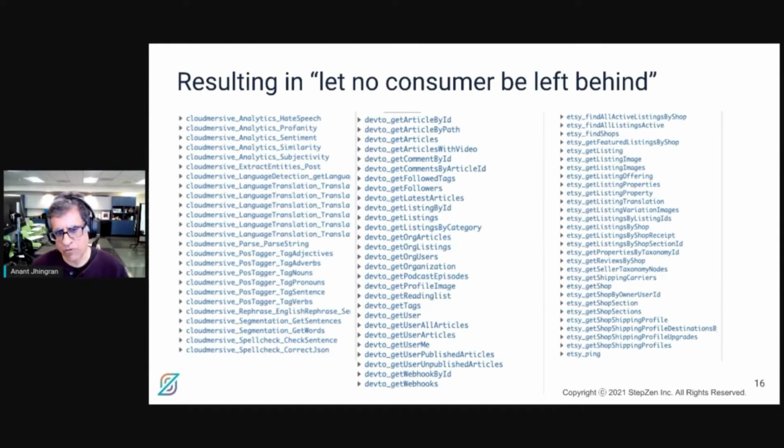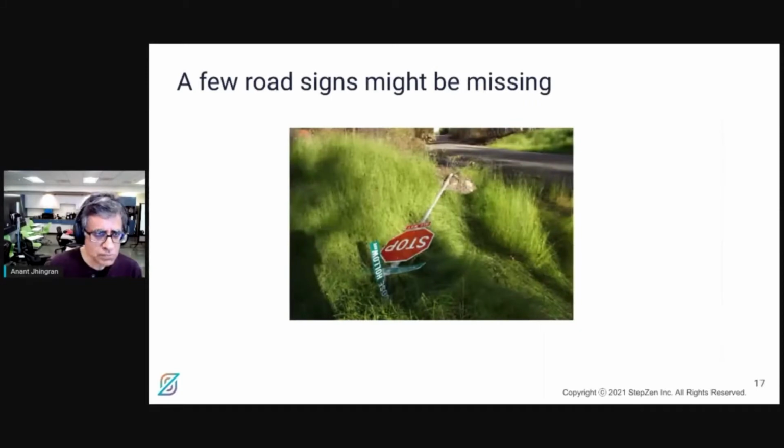And here's an example of suddenly the front-end person being overwhelmed with all the choices, and it's not exactly clear that too many choices really is good from a front-end experience. But from a back-end perspective, it makes sense to offer all the options, but then something has to be done to make sure that the front-end person doesn't get overwhelmed. So here's an example of backends and information on backend and OpenAPI spec potentially overwhelming the front-end. A few road signs might be missing.